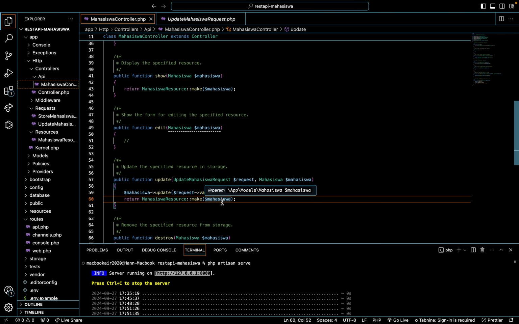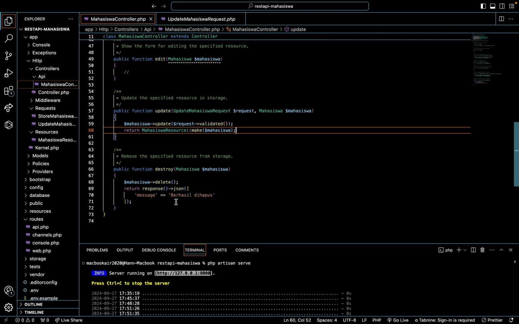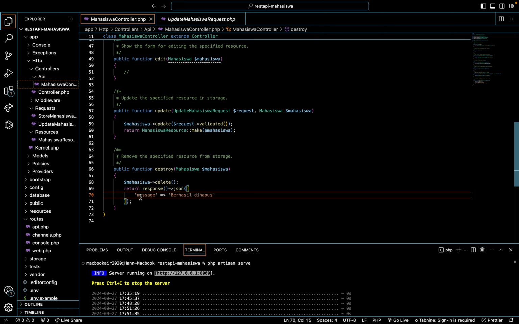Okay, for the last one is delete, mahasiswa delete, and this returns response JSON, and you must give the message for the user like berhasil dihapus.